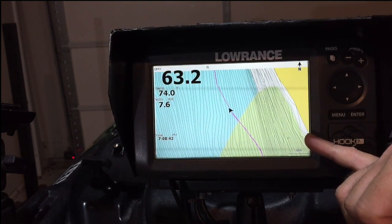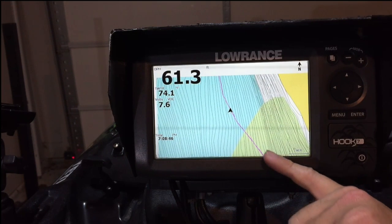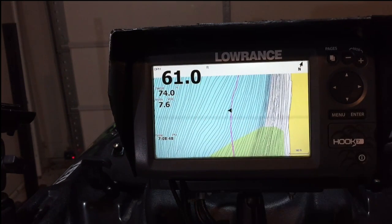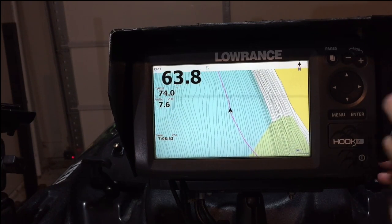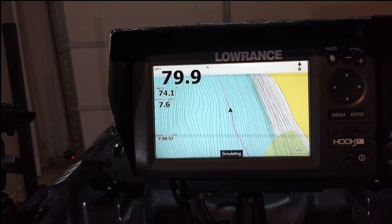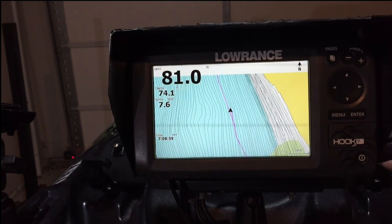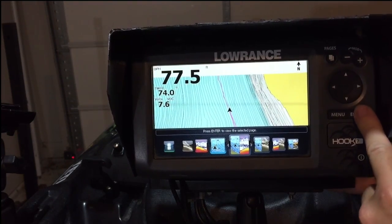So way up here is at 13 feet, way down here is at about 150 feet, and where my trail is traveling, again, I've got my depth at 60 feet. All right, and of course I have it set for north up. You can set it for navigation up, but I prefer to always have north facing up. So if we hit pages again to go to our next screen,